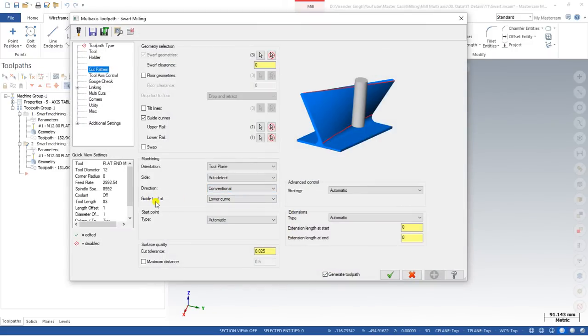Here, guide curve means how you are guiding your tool path. Now we mostly select the lower curve. Here you can define the start point. There are multiple options available for the starting point. You can define exact, you can say automatic, you can define 2 points, you can define the tilt line,